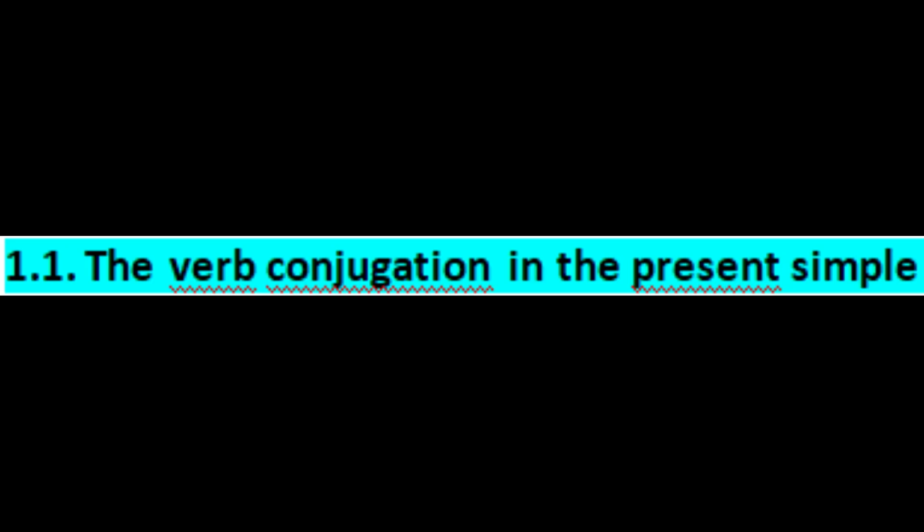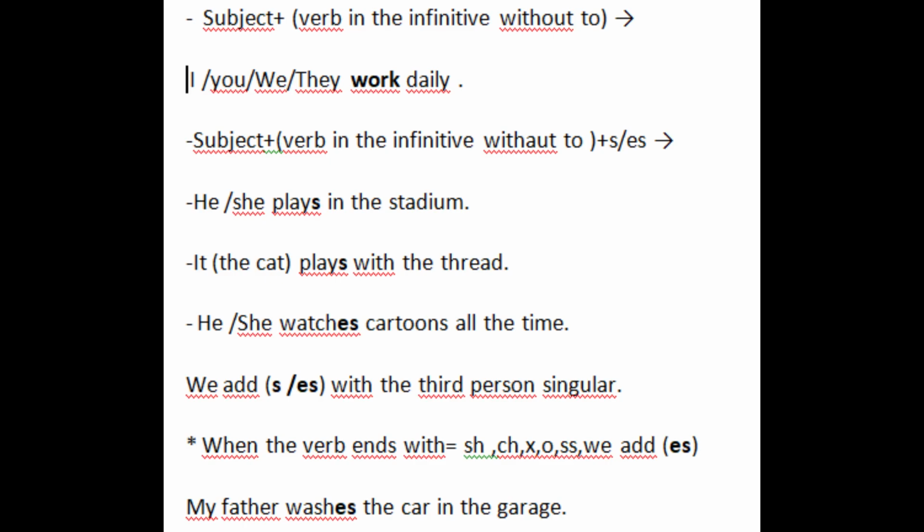Now let's move to the verb conjugation in the present simple. In the present simple, the verb is the infinitive without to, with I, you, we, they. For example, I work daily. You work daily. We work daily. They work daily. Now, if I have the third person singular, for example, he, she, it, I'm going to use